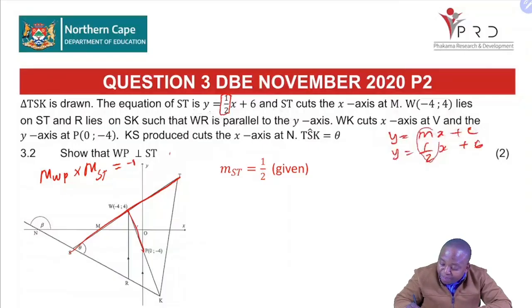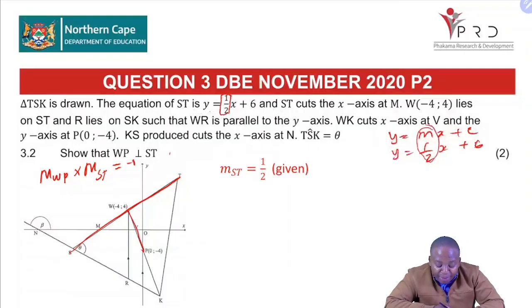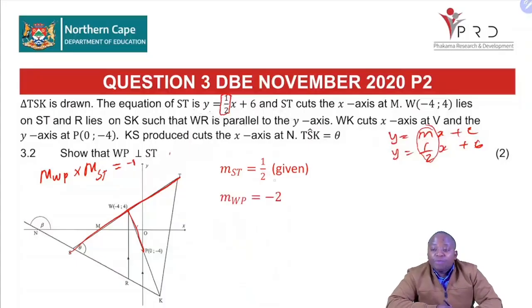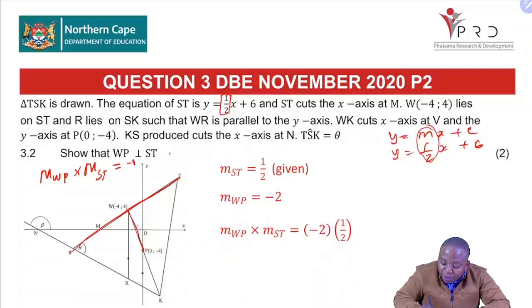Then our m is 1 over 2. So m_ST is given, and m_WP we have found to be -2. Now, let us multiply them together. So when I multiply the gradient of WP times ST, WP is -2,